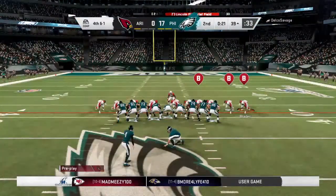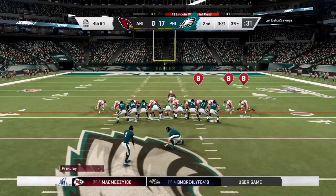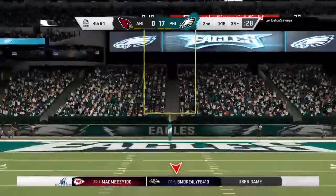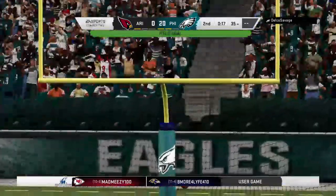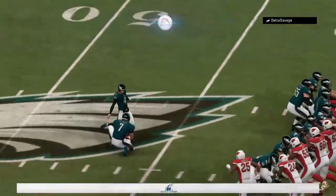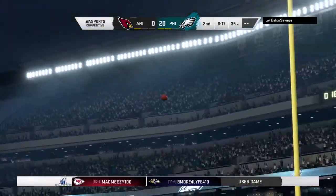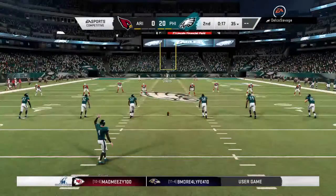Here's Jake Elliott. Career long, by the way, for him, 61 yards. This will be from 56 yards out. And his kick is good. He got every bit of that one as it's good from 56 yards out. Still a little bit of time left here in the second quarter, but they do get 3 before the half